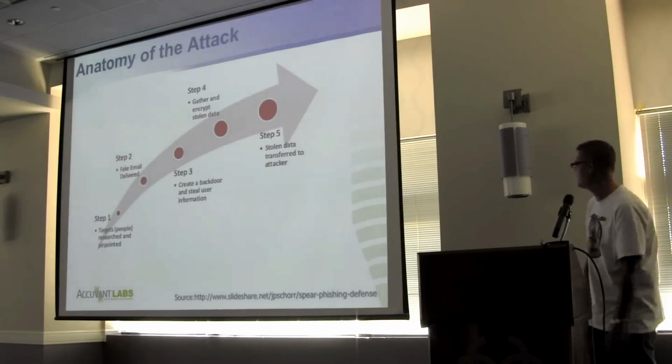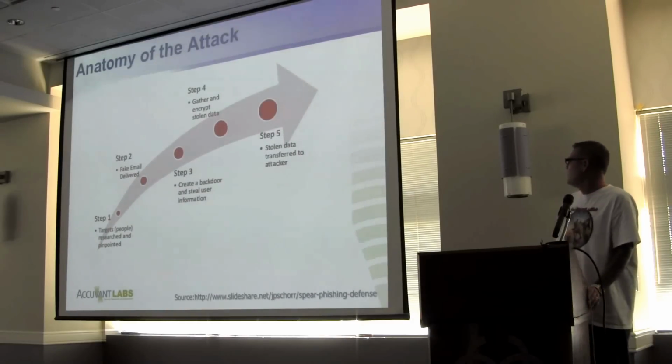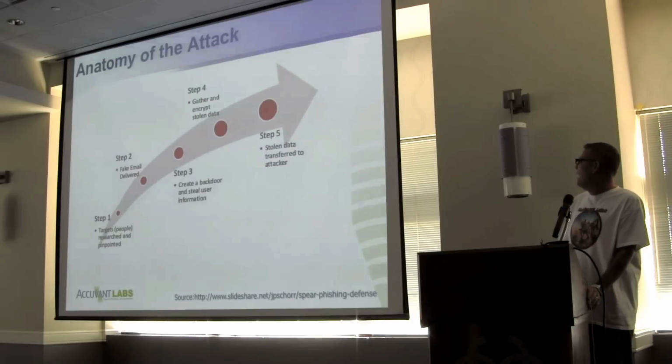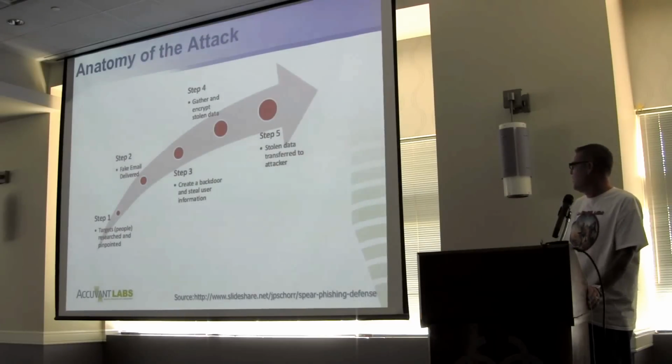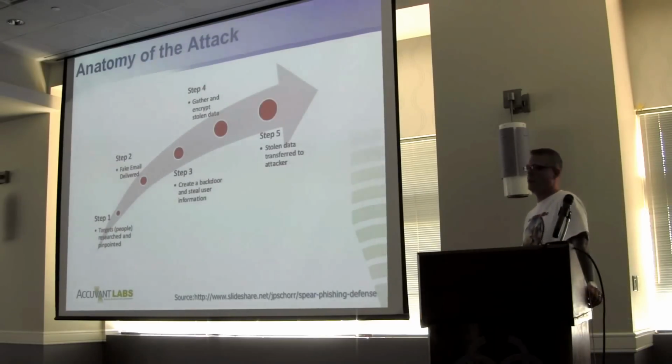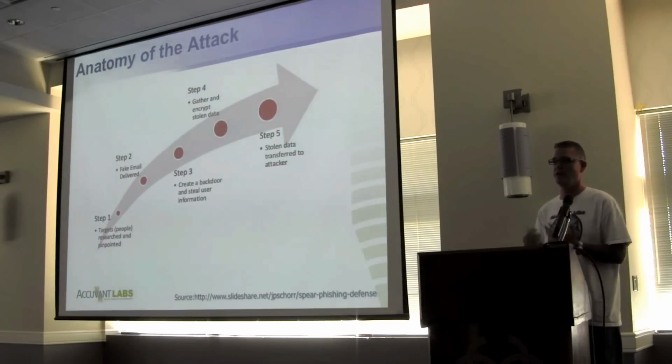Anyway, I totally stole this slide from another guy's talk, but it was awesome. This is basically how the attack happens. Everybody kind of knows this, but this picture just sums it up. Basically, you research and pinpoint the targets. The main part about a spear phishing attack is the research. The actual attack is not that big of a deal. It's the research, and how good of research can you do on the people?